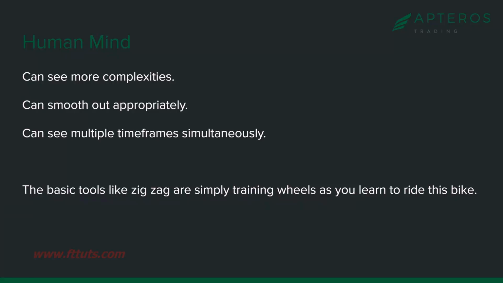Now, I showed you the zigzag tool, which is mathematical. It's quantitative. Ultimately, do I use it? No, I don't. Do I think it's a good set of training wheels to start to help you see things? Yes. Ultimately, though, the human mind is tremendously powerful. And once you learn the concept of averaging out the noise and seeing that overall ebb and flow, both on the short term and maybe what we call the medium term, it's in seeing those simultaneously that the human mind is really impeccable at doing a good job.